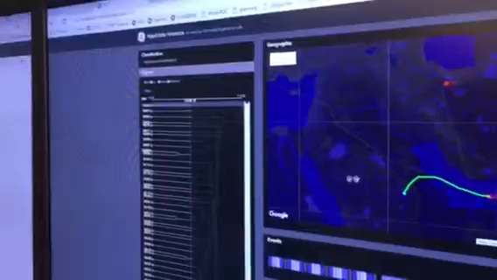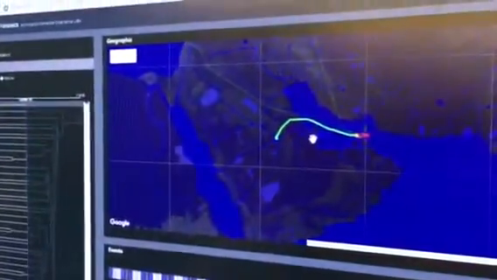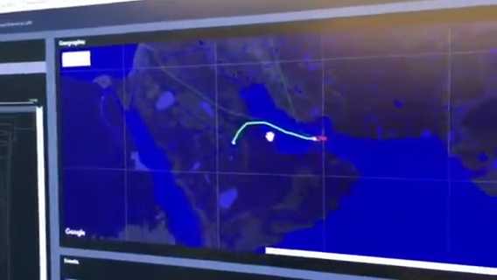So in this case, when I click on one of them, I can see where that asset was flown. And then the next thing I can do with it is look at something about what happened to that asset. In this case, what it shows is the events that asset had, and the events we're showing in this particular case show where it flew at different times. So I can see that it flew from Dubai to Glasgow,